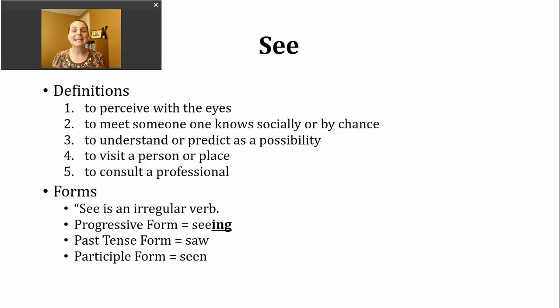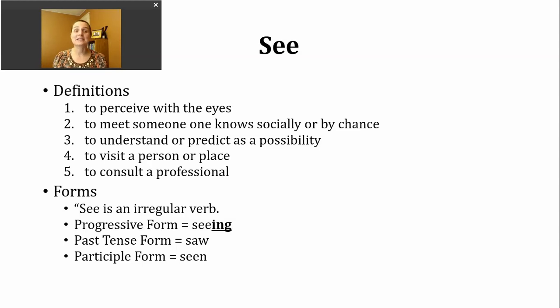Or you might hear it used to mean to predict a possibility. So you might imagine two people discussing some changes, maybe a different policy at work. And you're talking about one of your coworkers, and oh goodness, how are they going to react to this particular news? And I say, I can't see them liking this new rule or this new policy. So again, in this situation, you're making a prediction.